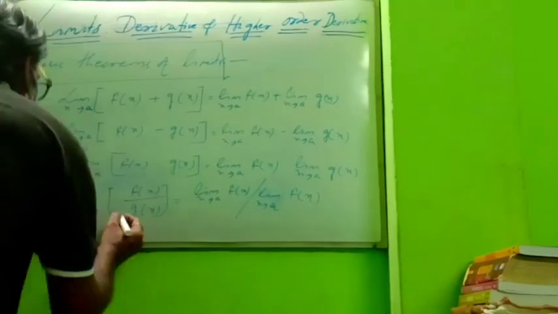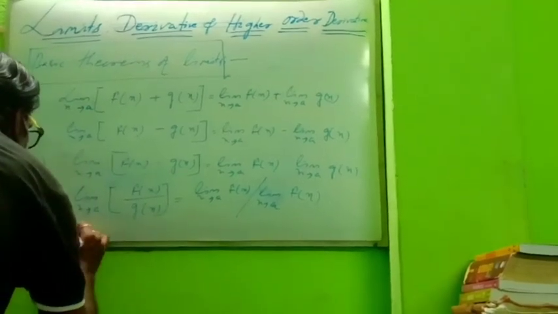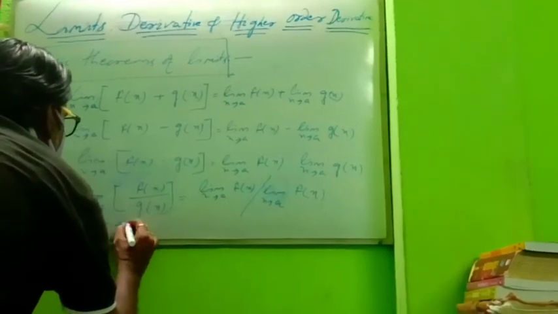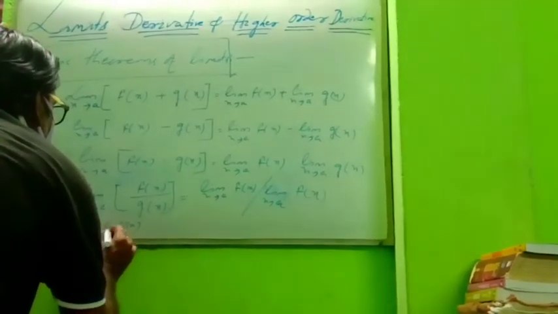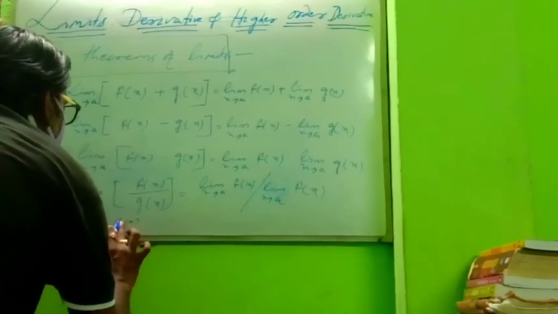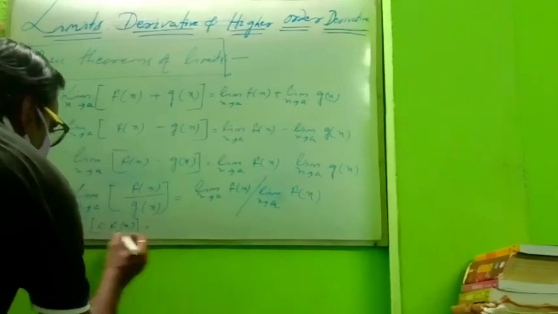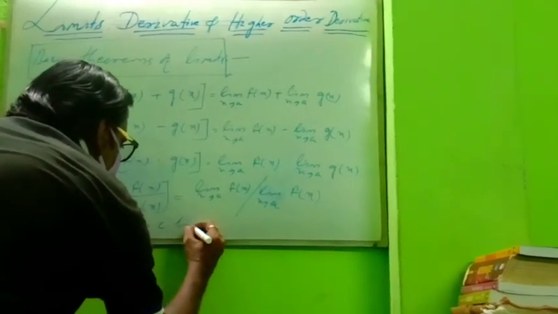If any coefficient is there, suppose limit x tends to a of c into f of x, where c is a constant. So what will you do here? This constant number we have to take outside. That is c into limit